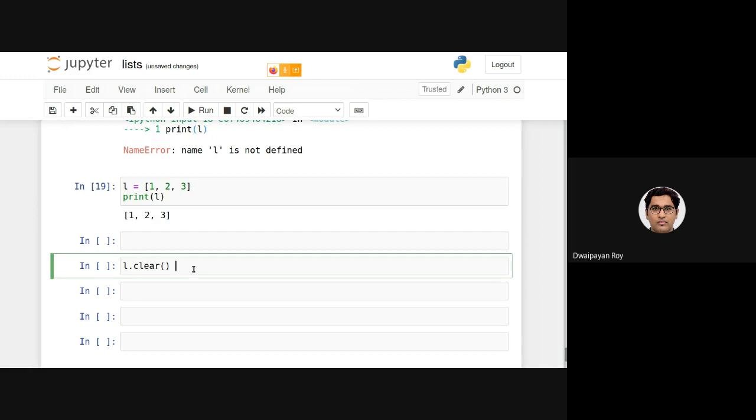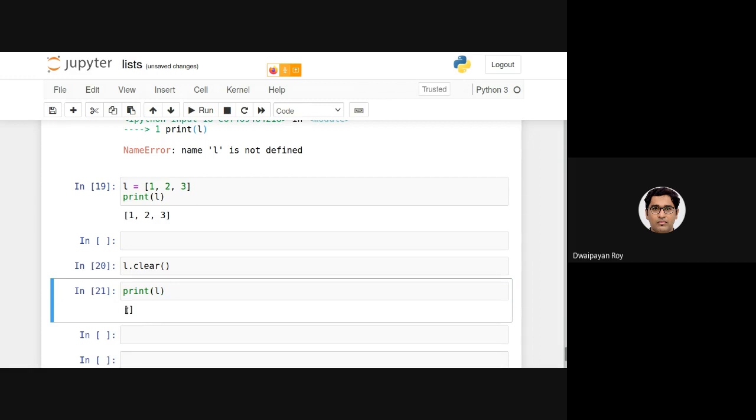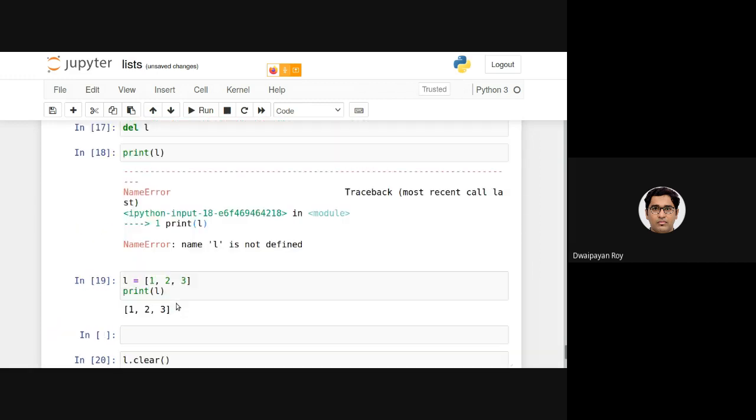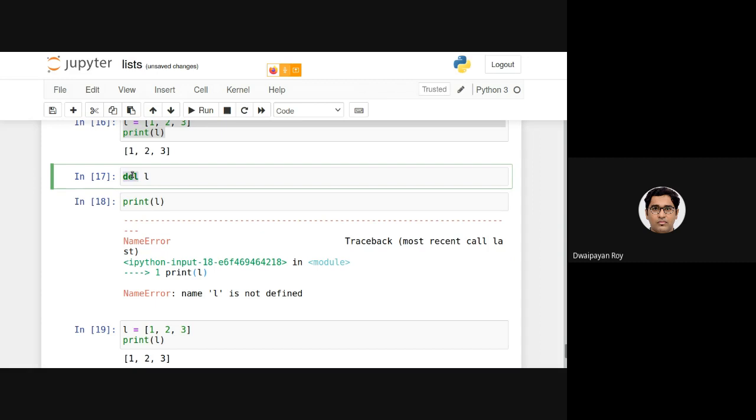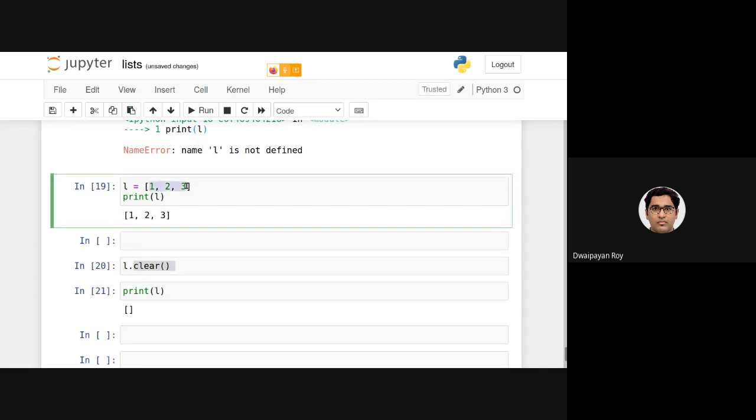If I do L.clear, and after that I print L, it will be an empty list. So this is the difference. If I use the keyword del, the list will be non-existing because del, as I said, removes the existence of the corresponding variable from memory. But this clear function will only delete the items which are there in the list.